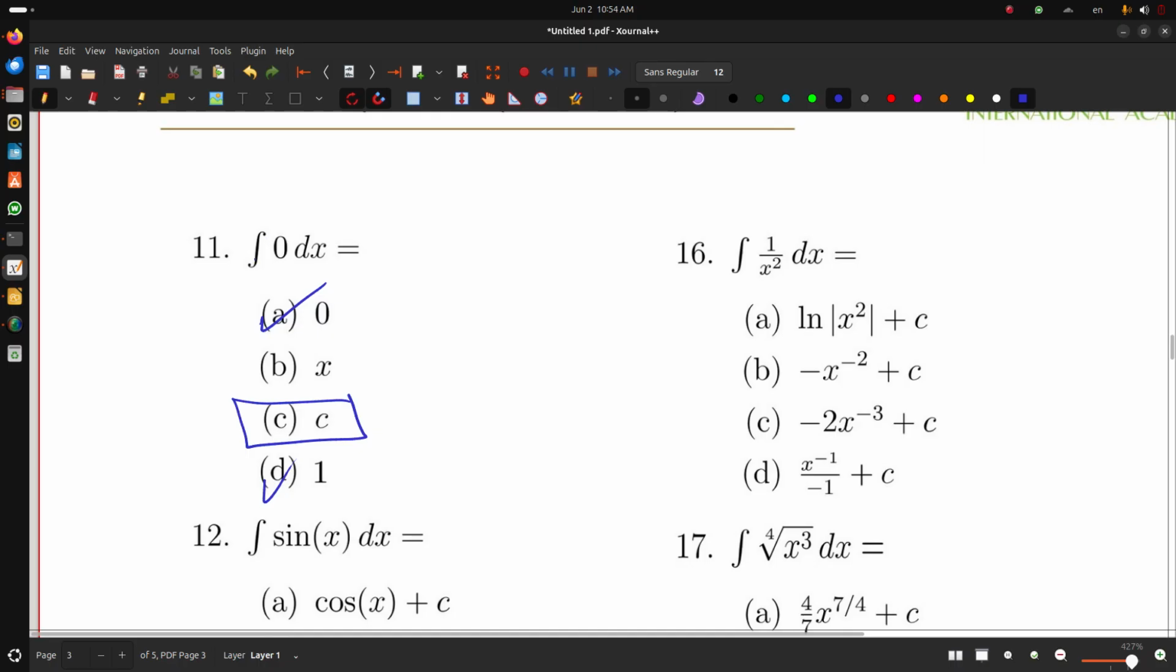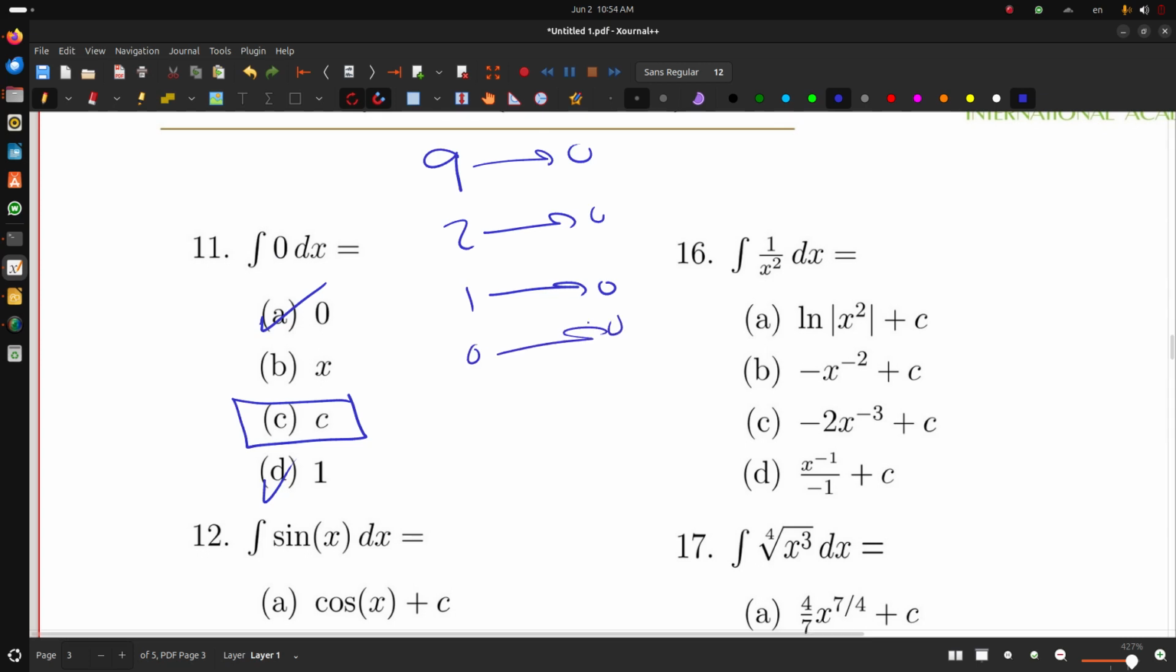Because this is antiderivative, you'll ask yourself, what are the things that if I get their derivative, it will be 0? It's any number. For example, 9, the derivative of 9 is 0. 2, the derivative of 2 is 0. 1, the derivative of 1 is 0. 0, the derivative of 0 is 0, and so on. So it's a constant. Okay, next,